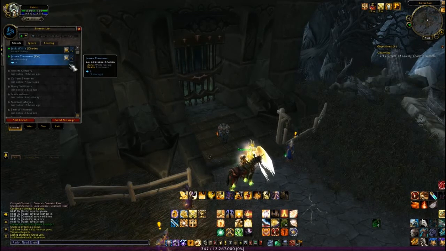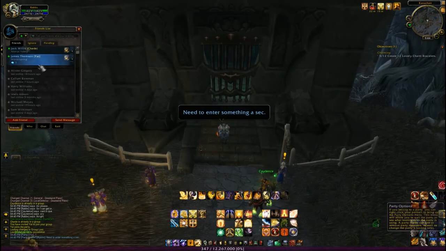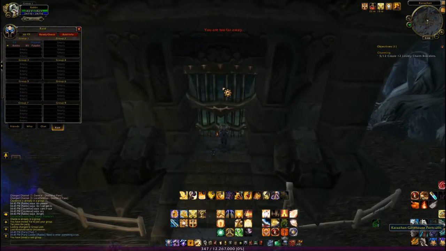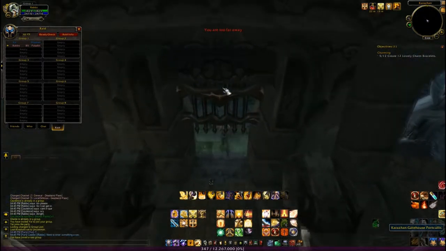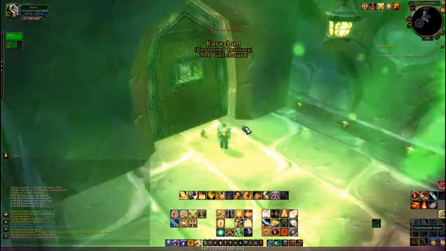So then I headed to Karazhan. You do need someone to help you get into here, because you need to be in a raid group. So I just got one of my friends and put him in with me quickly. Open up the gate and just go in. So this place, I really like Karazhan, but I'm only doing the first boss of it to get the Reins of the Fiery Warhorse, which drops off